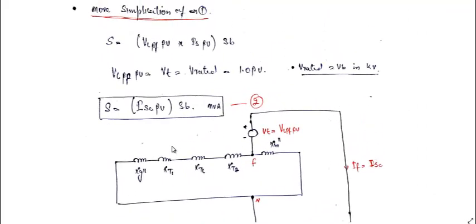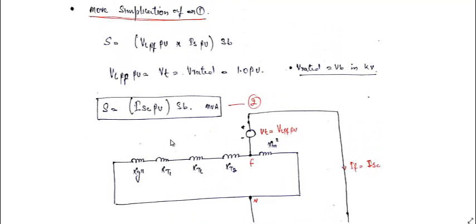You'll see that its value will be much simpler than what we have calculated. So V_LPF per unit into I_SC, that is the equation we have written over here. Usually V_LPF per unit, that is the pre-fault voltage, we used in the previous example as V_T. If we take this as the rated voltage or base voltage, it will come out to be equal to 1.0 per unit. As we have seen in one of the previous examples, it came out to be 0.866 where it was not taken as base.